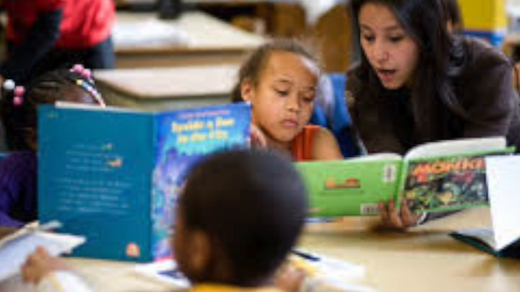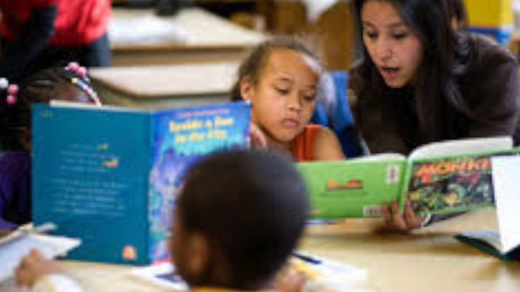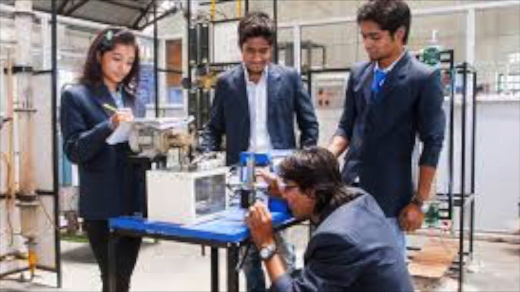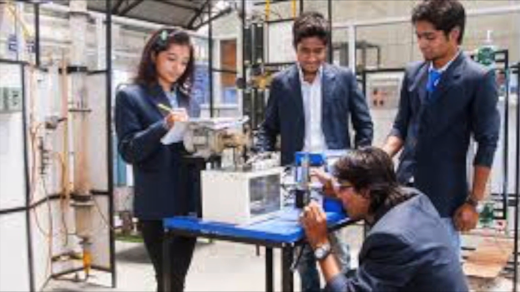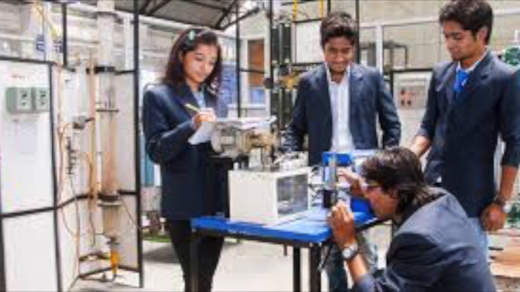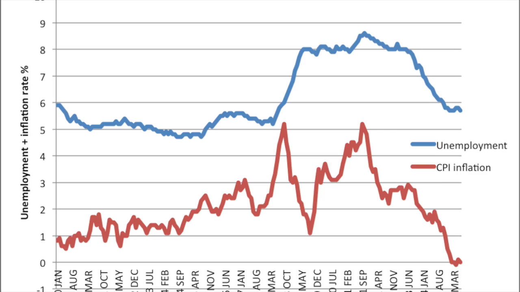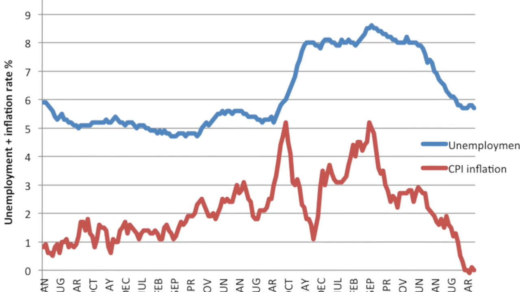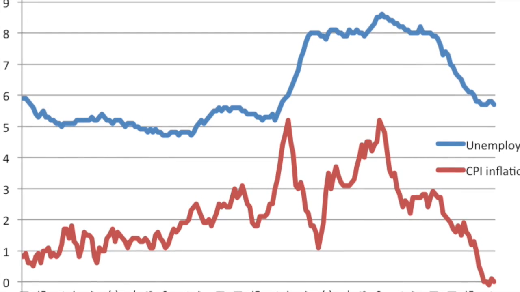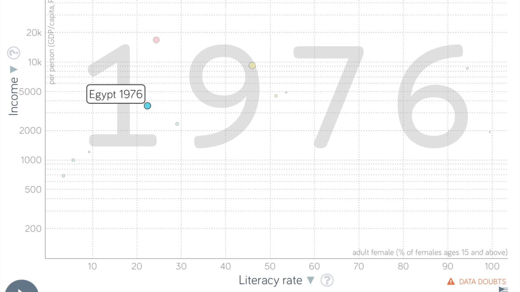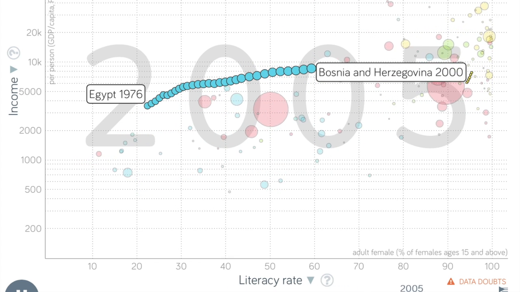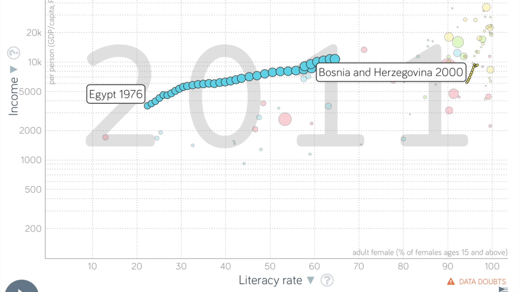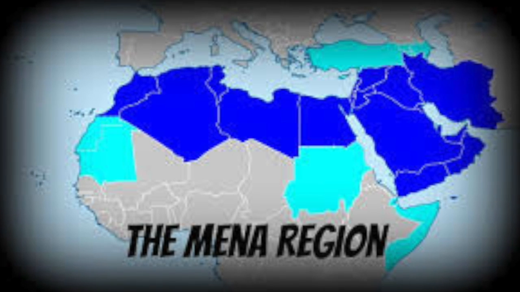Literacy allows workers to communicate effectively and develop advanced skills, all while increasing income levels. In addition, advanced technical education allows workers to develop more sophisticated methods of production and distribution, reducing the cost of production and increasing returns. Literacy and skill development also facilitate less unemployment and control over inflation. Egypt, for example, has experienced major economic growth as a result of education and increased literacy. From 1976 to 2011, the literacy rate increased roughly 45% and income doubled in this period.